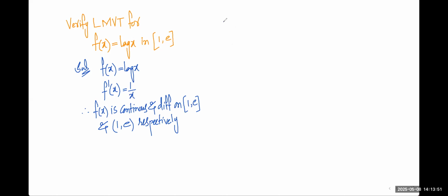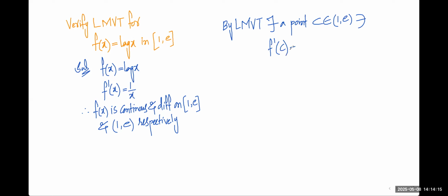so now by Lagrange's mean value theorem there exists a point c belongs to a comma b such that f dash of c is equal to, प्रॉब्लम बार बार करने का रीजन है आपको स्टेटमेंट अच्छे से याद हो जाए, f of b minus f of a by b minus a। F dash of c we can get from here, that is 1/c।